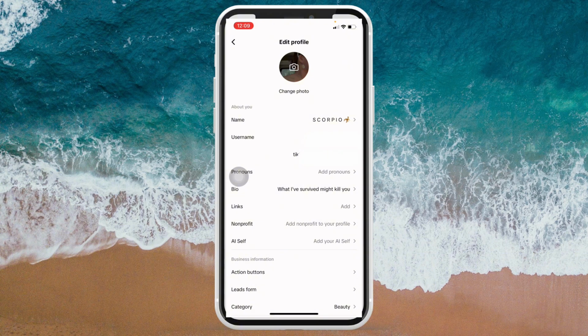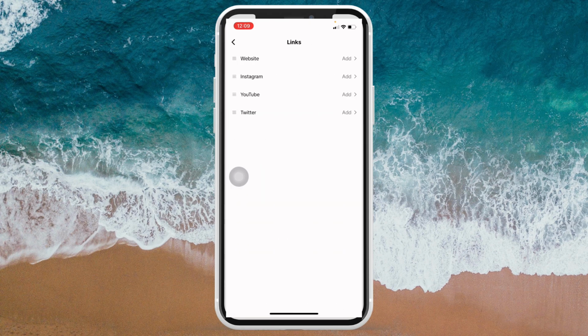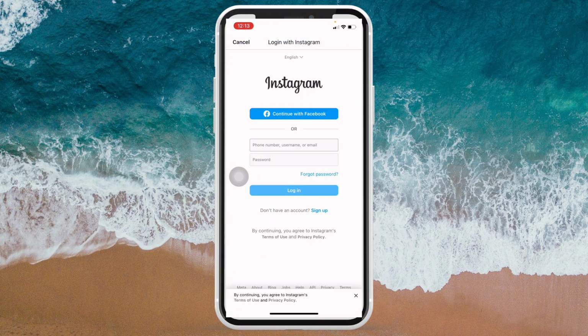And it will give you all these options. Now, we need to head on to Links, click on it, and choose Instagram. From here, you'll have an option to continue with Facebook or log in manually to your Instagram account. And once you successfully log in to your Instagram account, it will be attached to your TikTok profile that you can